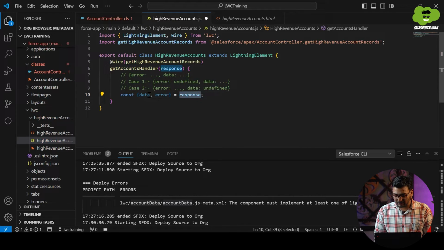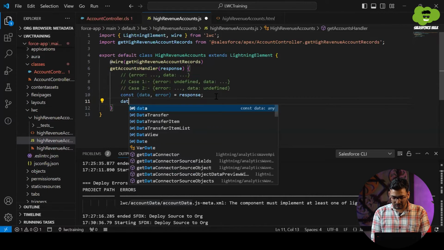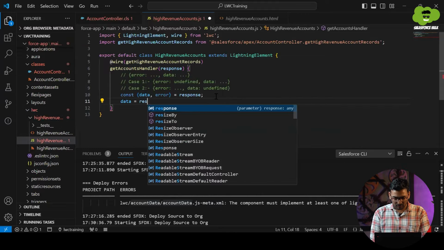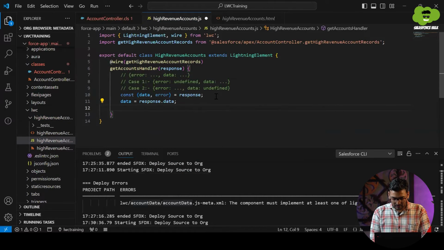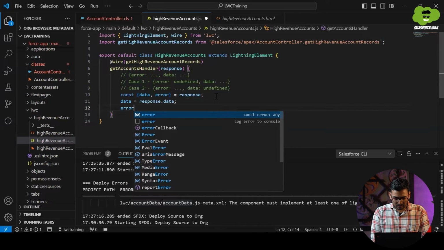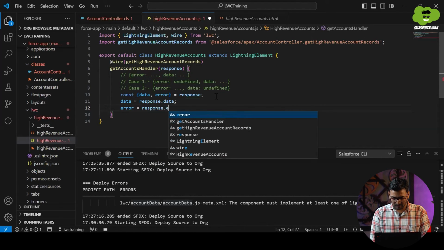So data will get assigned with the data property in this response variable, and error will get assigned with the error property. It's similar to creating a variable this way, data, and assigning it response dot data, and creating an error variable and assigning it error.